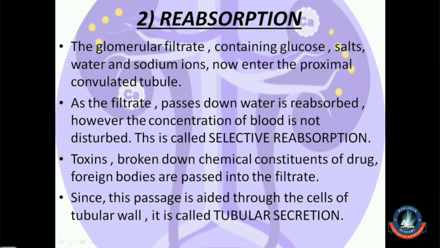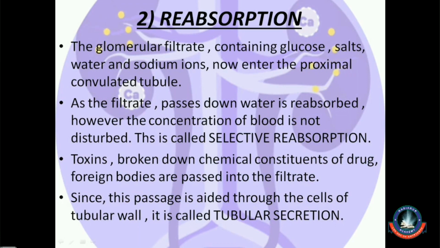Please mark this important. I repeat again, the filtrate that is left after reabsorption and tubular secretion is called urine. So now after all the important substances have been reabsorbed and the waste that has to be eliminated has been added to the glomerular filtrate, it is ready to go into the bladder, be stored for a while, and then be eliminated through the urine.